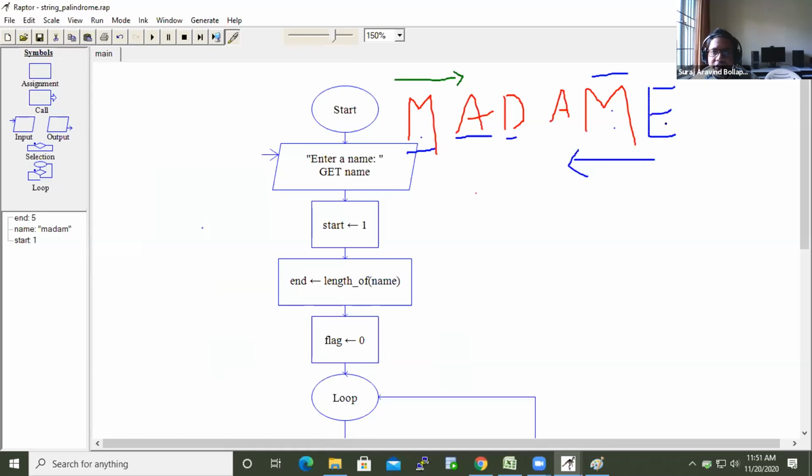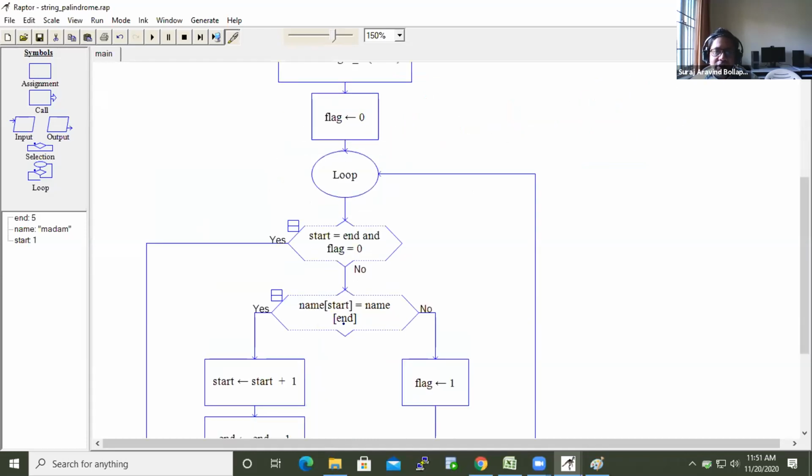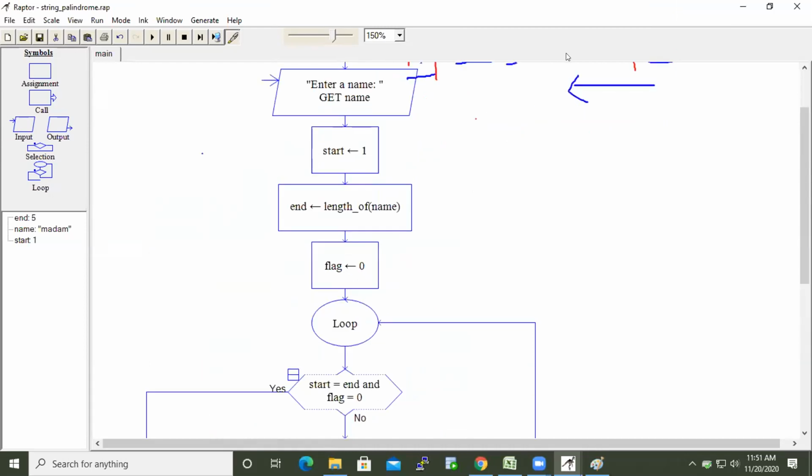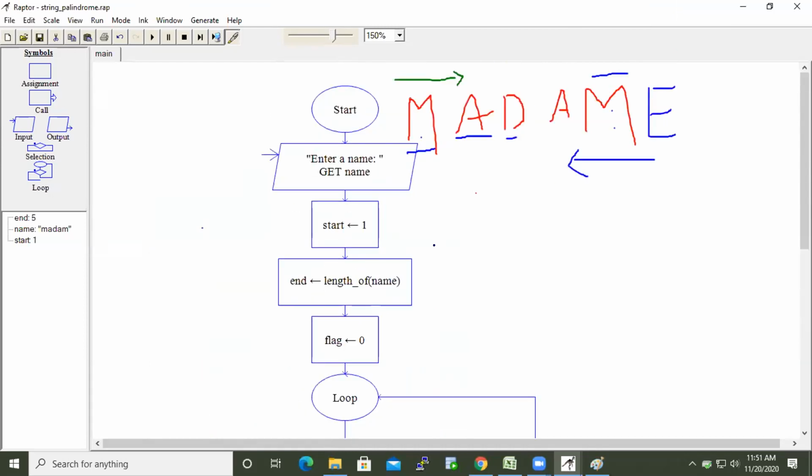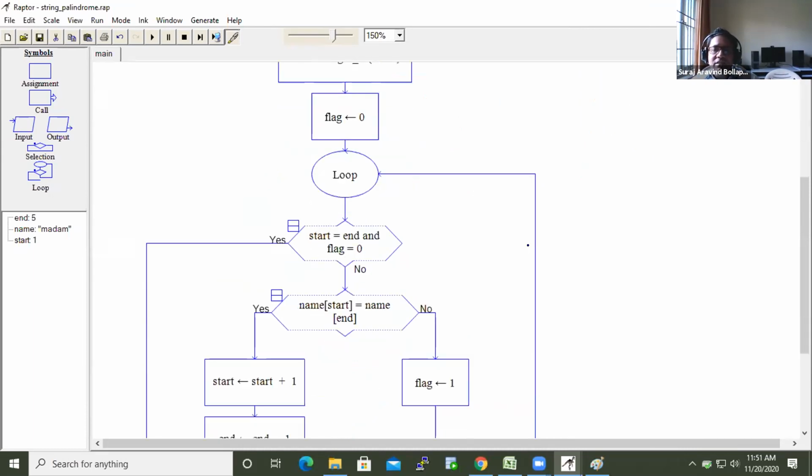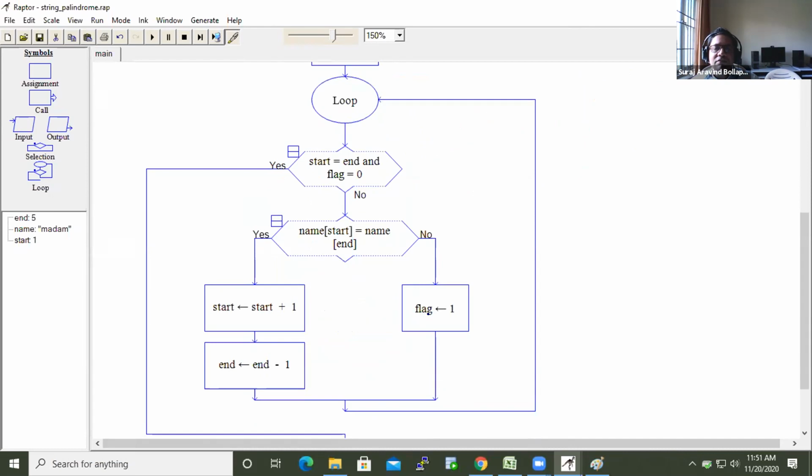I test M with E. No, they are not same. I come to no. Flag gets incremented. So there should be a way. I don't have to again test with A and M, D and A. Since they are not same, I know I don't have to bother about the remaining characters. Since the condition has failed, there should be a way to come out of the loop. So I'm just figuring out how to do it.